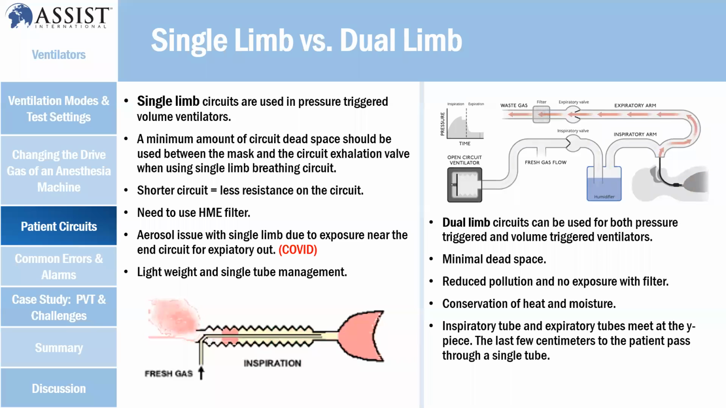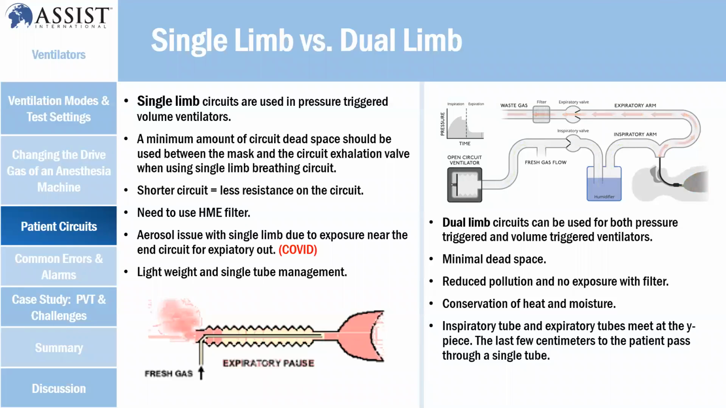You have to remember that with single limb, you're getting an inspiratory line, but the expiratory is going to be exposed to the atmosphere. So you need to be careful when you're using single limb. If the patient is COVID, there's a probability of aerosol spread. So make sure there's a filter attached. That will be a protection from aerosol. That's the single limb part. For dual limb,